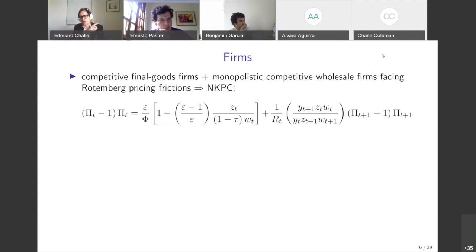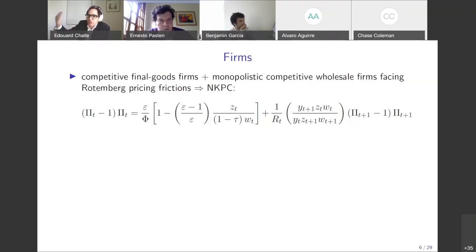So the cost of price changes, contrary to what I said before, comes from the fact that you have to incur this Rotemberg cost. It doesn't come from price dispersion. And as we know, this generates the New Keynesian Phillips curve, which is here in nonlinear form, where current inflation depends on future inflation. Big pi here is the inflation factor, and it depends on the real marginal cost. Here there is no capital, so the real marginal cost is the real wage, W_T, divided by labor productivity Z, okay?